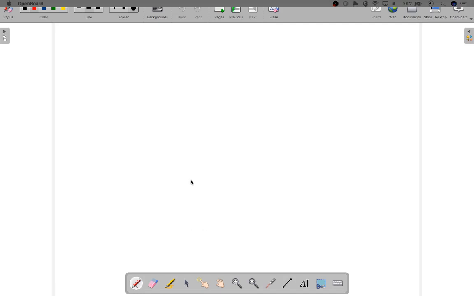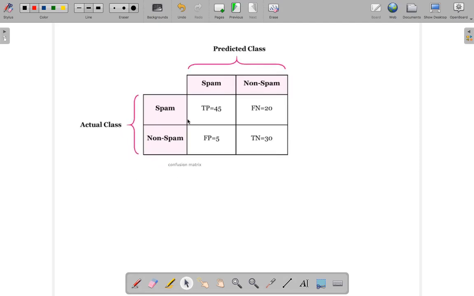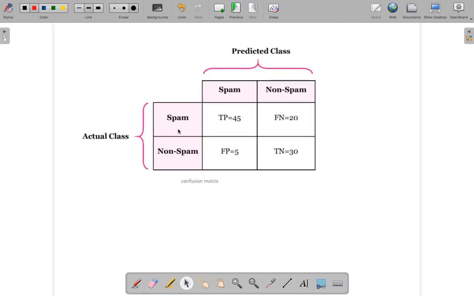To understand this, I'm getting this confusion matrix. This is called the confusion matrix, which is common. Assume this example, which is about spam detection, email spam detection. This is commonly called the confusion matrix. What you have here is 4 quadrants. In this, you will see that